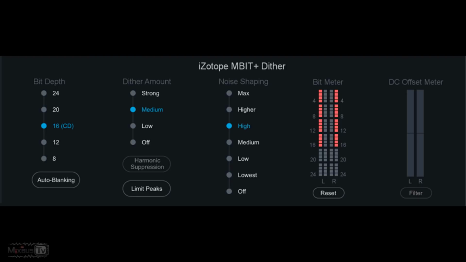So first of all, when do you need to DITHER? You need to DITHER every time you reduce bit depth. And yes, that also means from 32 to 24, and we'll see that in a minute. If you reduce from 32 to 24, the strength and the type of DITHER almost don't count at all. But when you start reducing to 16-bit, a low to medium DITHER level with some noise shaping is probably the best option.